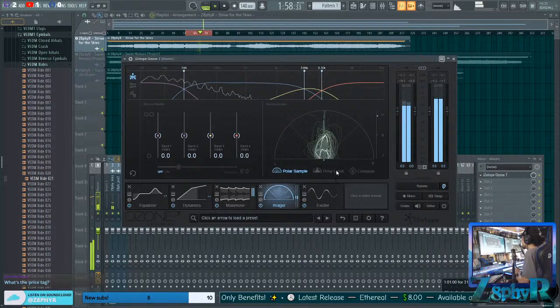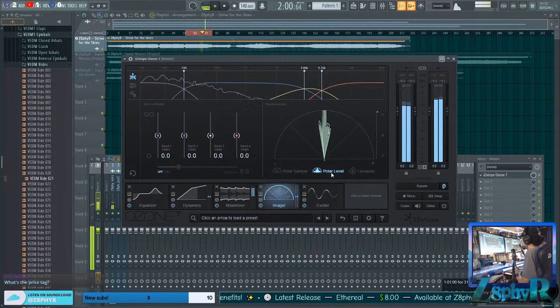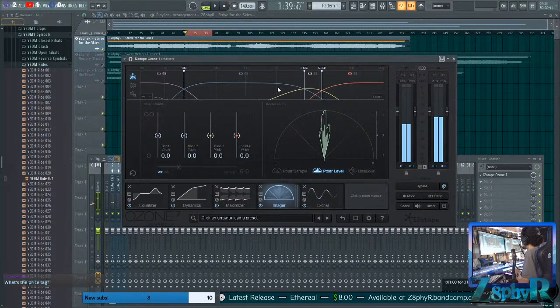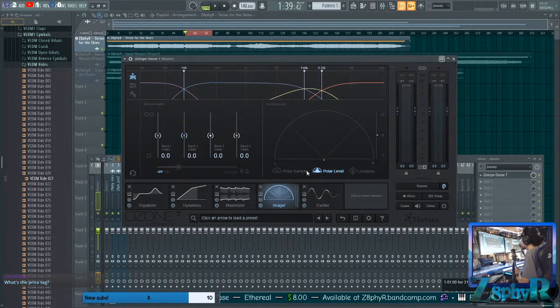All right, so we can look here to see how centered we are with our bass. We can see how centered we are with our bass here. So we can look and make sure we're not off, because sometimes you may create something and then when you get to the imager side,